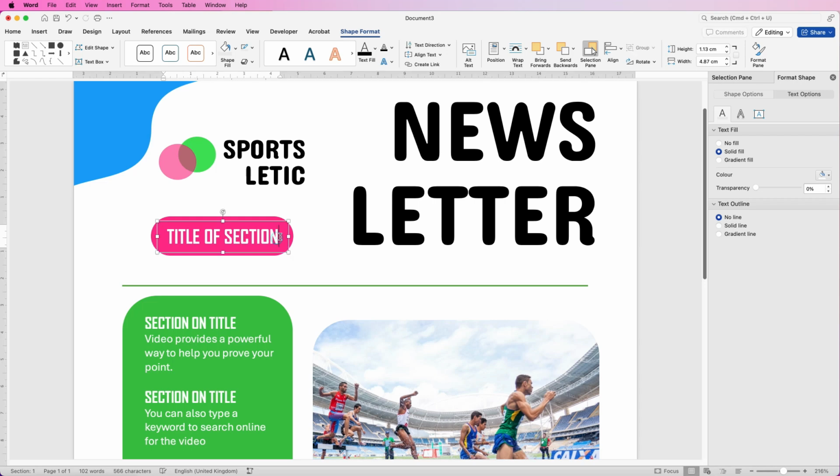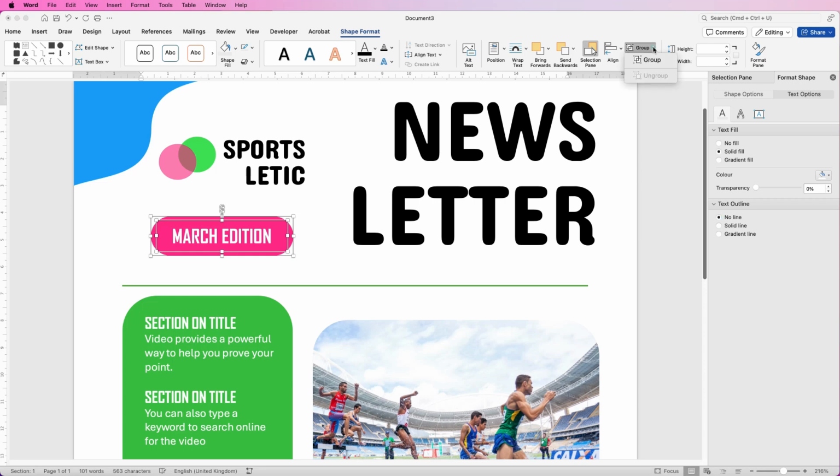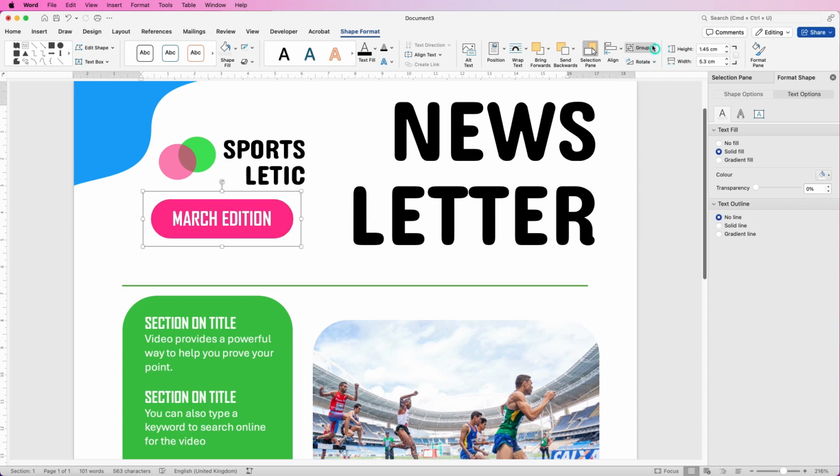And then in this one, let's just change the text. Again, let's do the same, select them both. Check the alignment, align to center, align to middle, group and select group. Now we're just going to move this up, quickly ungroup this because I need to borrow this text. So I'm going to copy and paste this